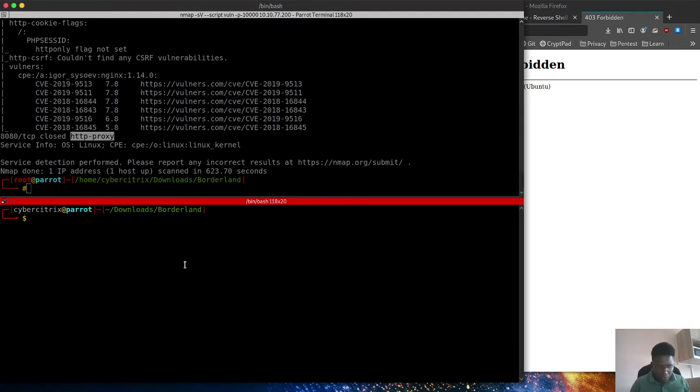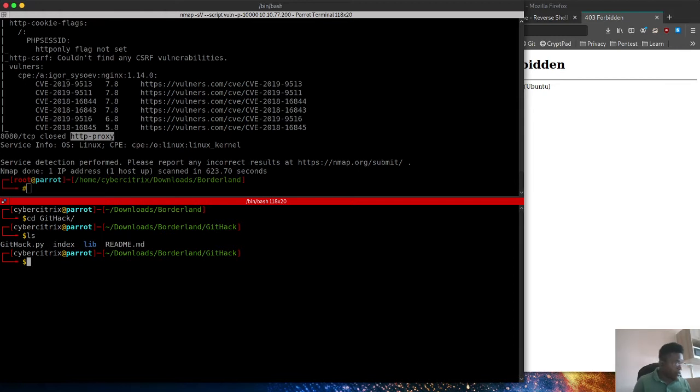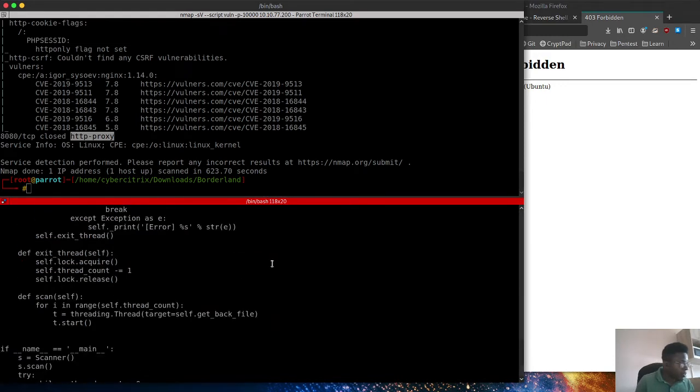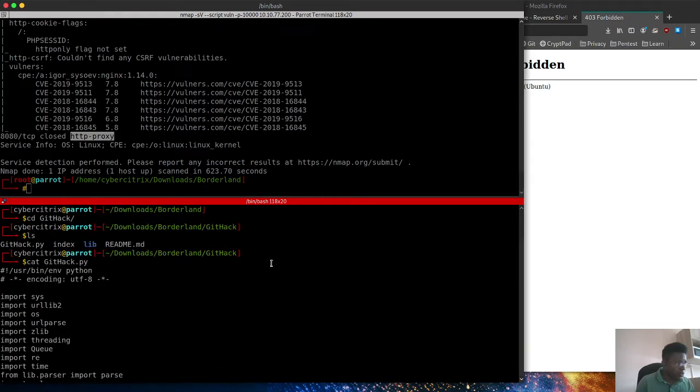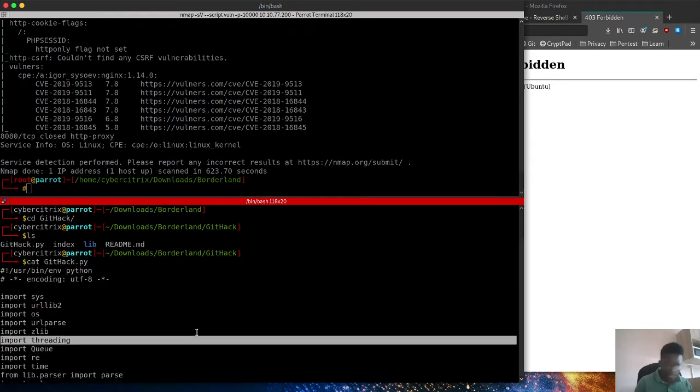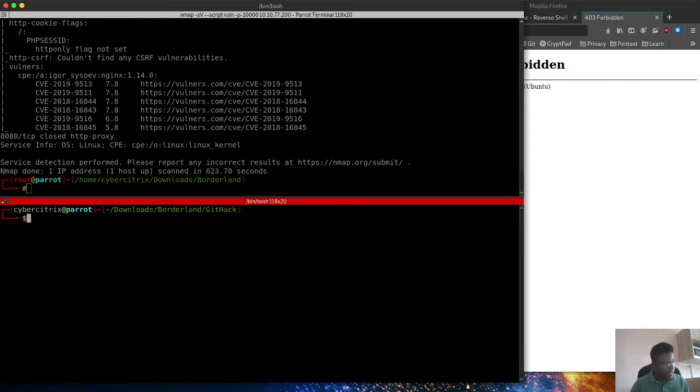So if I cd into that git hack directory and list the content quickly, we'll see there's this git hack.py. If I cat the content, we'll see it's actually specified Python 2. That's why I'm not going to be using Python 3, because it didn't specify Python 3 there. So I'm going to clear this. I'll use python, then I'll pass in that git hack.py. Then I'll pass in the path to the